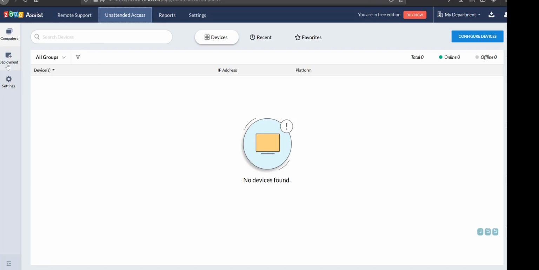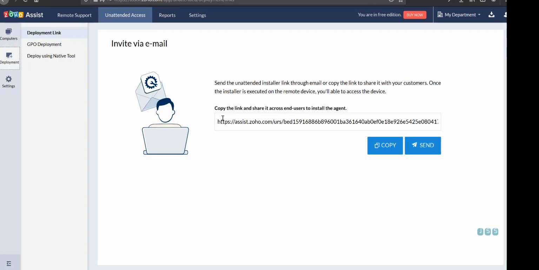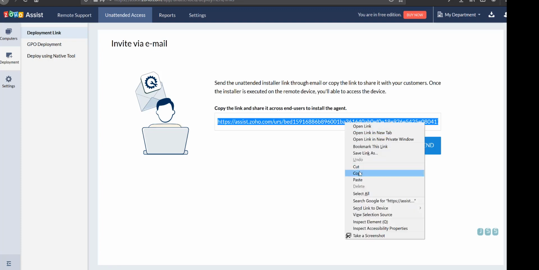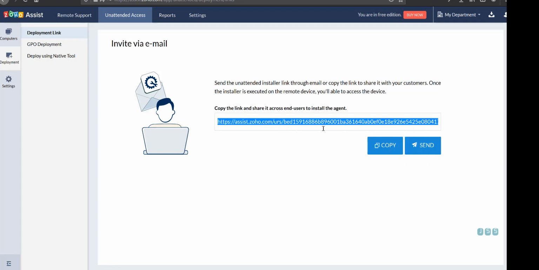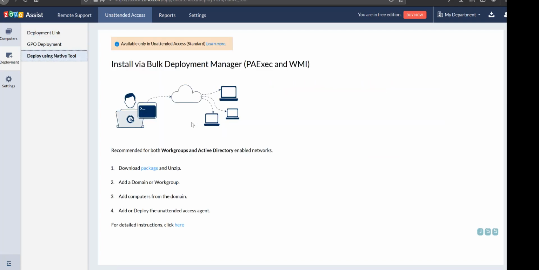So as you can see here, it says deployment. What you need is this link right here, and you need to send it to your machine and open it up. Usually you will be using this in an email, because it's such a long link, or maybe some other way, USB, whatever you want to use. There's a GPO method. There's deploying using native tools. You can actually do this also. So there's a lot of different ways you can get this